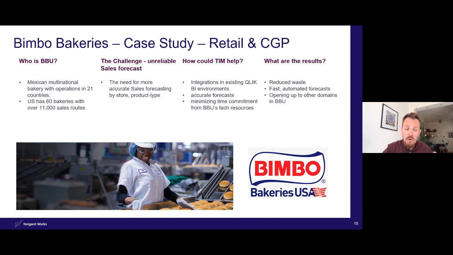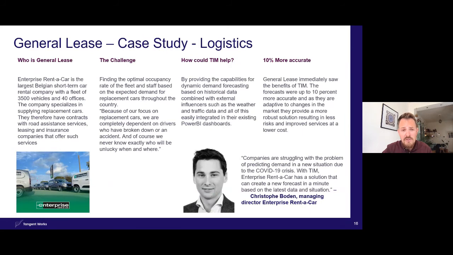Another final example before we go to the demos is Enterprise Rent-A-Car. I think that's also quite a nice example in logistics and distribution. So yeah, they have, I think, 30, 40 locations, more than 3,000 vehicles and drivers, of course. And they have to make sure that they have the right cars available at the right location at the right time. They have to plan maintenance, but also staffing and so on. They were before doing this planning mainly based on human experience with a couple of relatively simple calculations in spreadsheets.